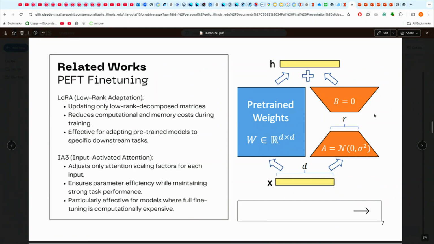Parameter-efficient fine-tuning, or PEFT, is an essential technique for adapting large models like the nucleotide transformer to downstream tasks without incurring excessive computational costs. One prominent PEFT method is LoRA, or low-rank adaptation. LoRA fine-tunes only small rank-decomposed matrices, making it computationally efficient and ideal for resource